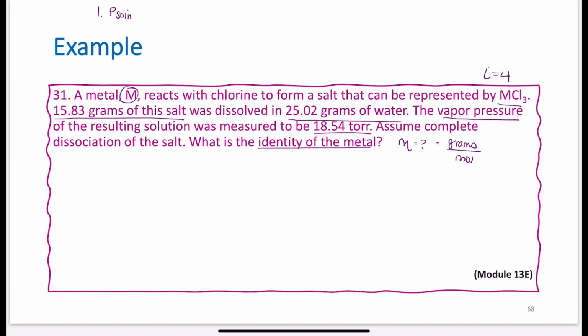First step, I'm going to figure out the vapor pressure of the solution. It tells me the vapor pressure of the overall solution is 18.54. Remember the equation here: the vapor pressure of the solution is equal to the mole fraction of the volatile species times the partial pressure of the volatile species at that temperature. The salt is not volatile. Salt doesn't just evaporate away, but water will. So the water is the volatile species here. This is 18.54 torr,